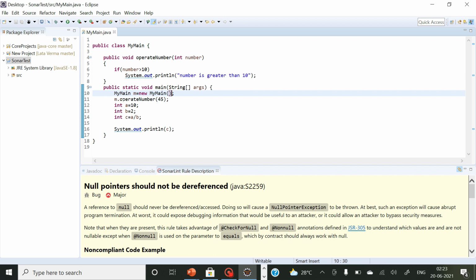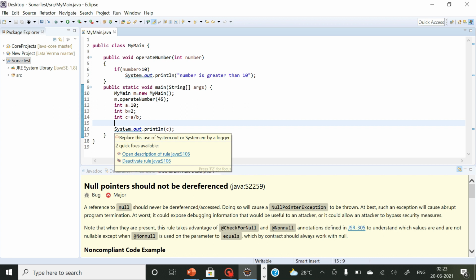So till now you have seen that SonarLint is giving you issues on the fly, right? You can look at the issue, where a short description is given side by side. If you want to see a detailed description, then you can open the rule description. And if you would like to find the solution, let's say for this System.out I would like to see what it suggests.